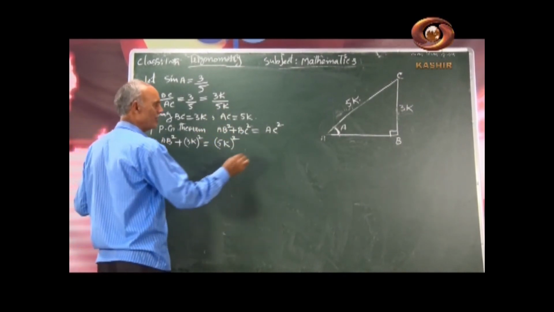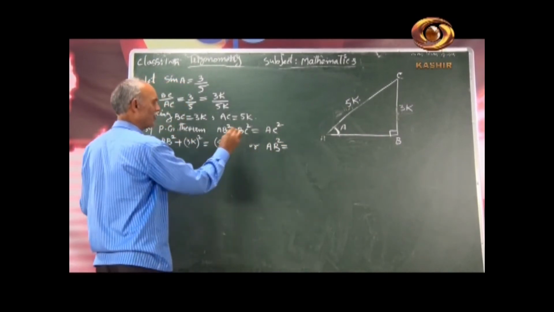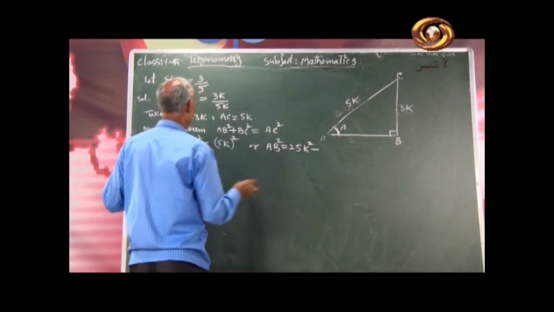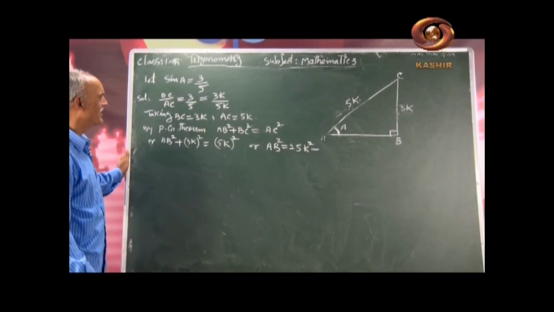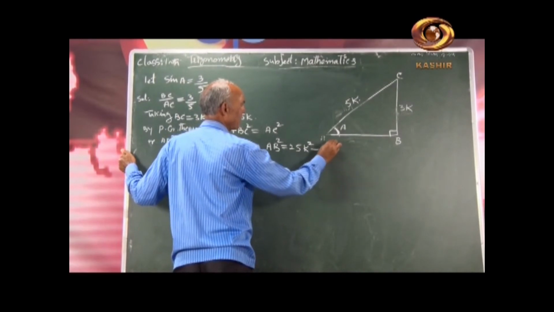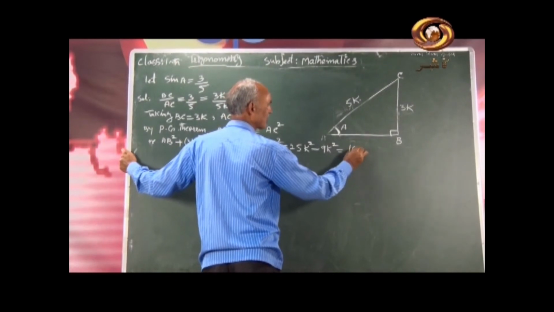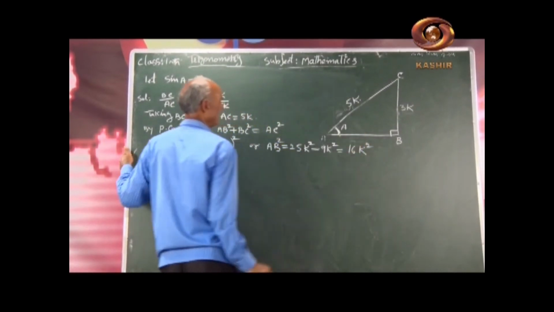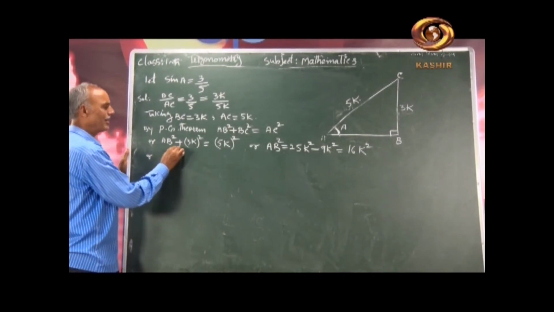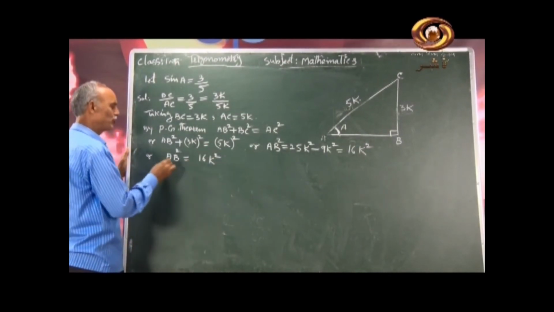Solve for this AB square, or AB square is equal to 5k square means 5 is 25k square, और ये टर्म तो हम राइट हैंड साइड में ले जाएंगे. So 3k square means 3 is 9k square. Subtract 25k square minus 9k square is 16k square. Taking square root, हमारे पास यहां AB square है, यहां पर है हमारे पास 16k square. We will take the square root.